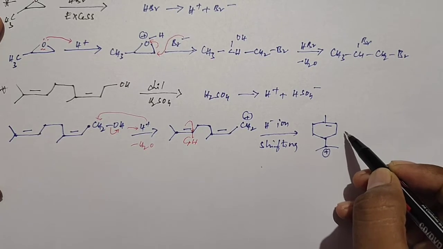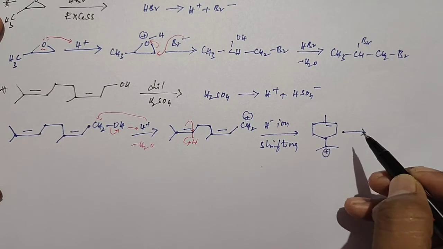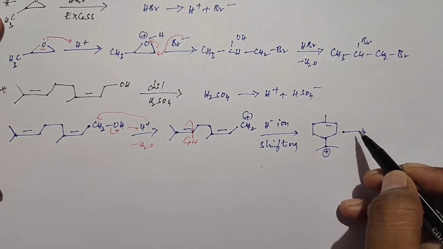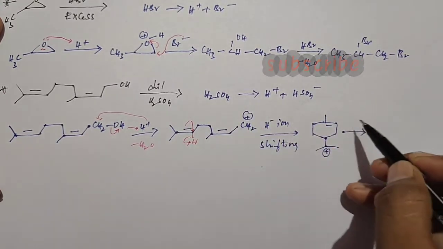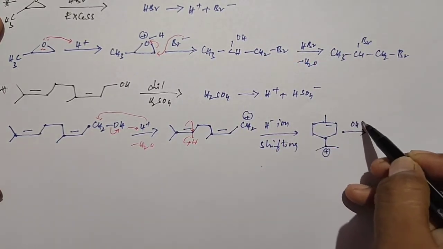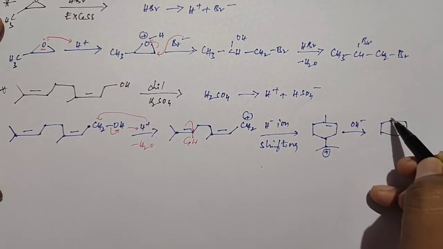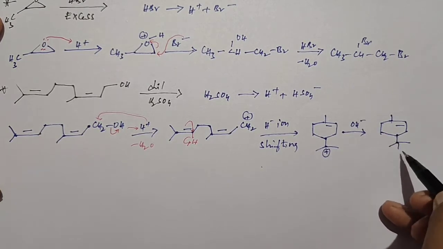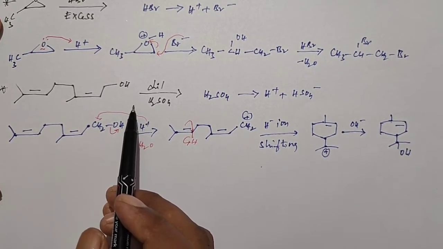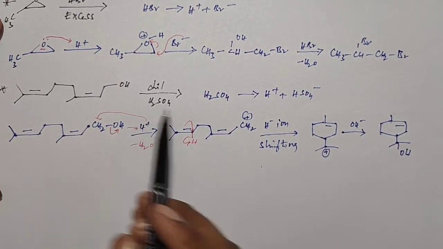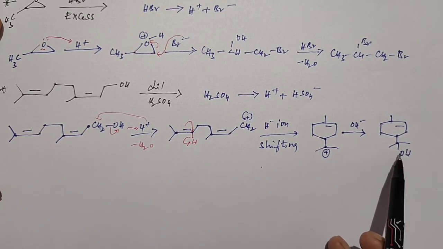After removing the proton. So here we need to remove the proton. Sorry, dilute H2SO4 means water is also present. So in the water we have OH minus. After it reacts with OH minus, we get the product like this. So this is the final product. Dilute H2SO4 means aqueous H2SO4 solution. So in the aqueous H2SO4 solution, the H plus ion can react here and the OH minus ion can react here. Then we get the final product like this.